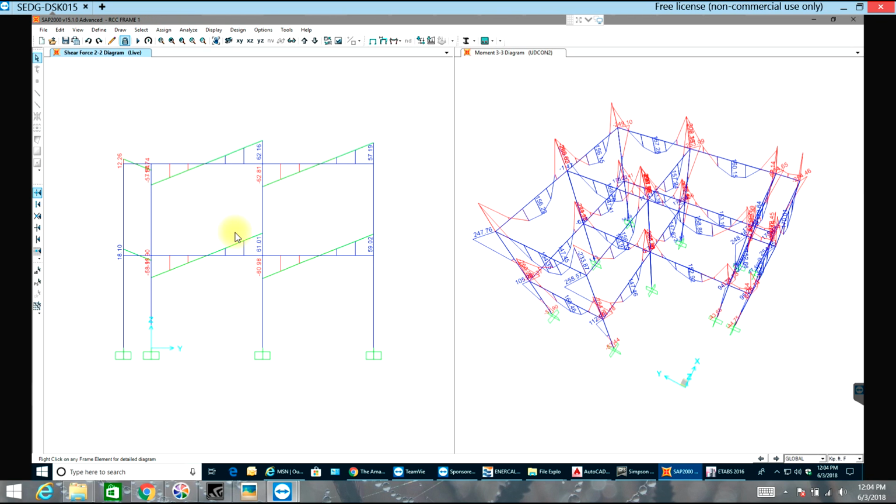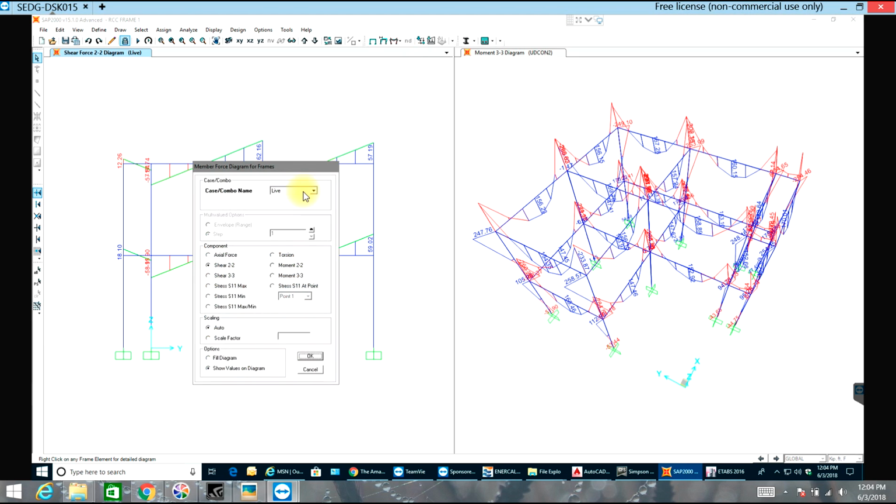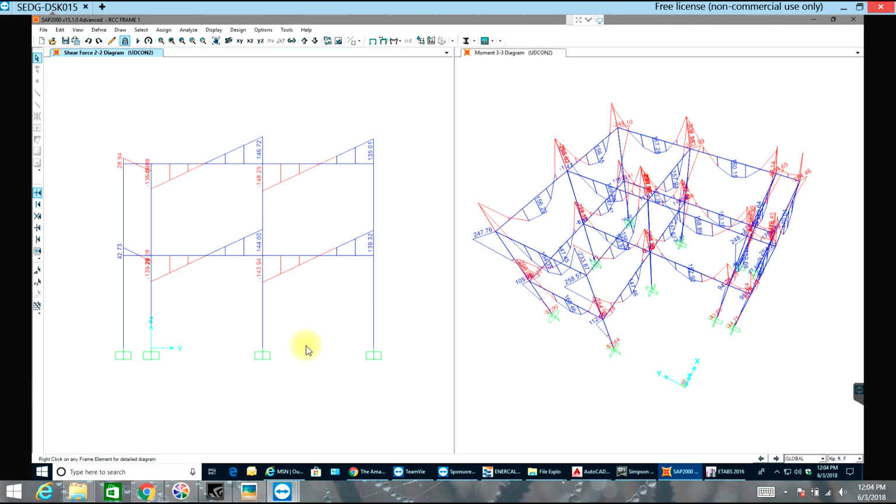Now you can find your shear stress and also moment diagram shown over here. So this is for live. I'll just select this window. I'll select conditional 2, that will include my 1.2 dead plus 1.6 live. There you go. Now once we are done with this, we'll just go to this tab which says start concrete